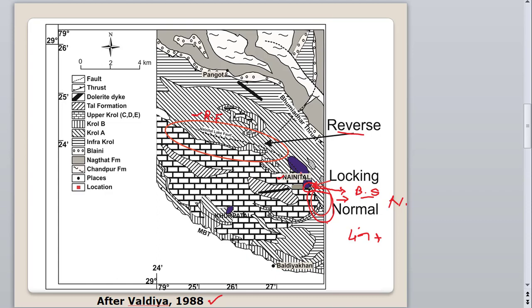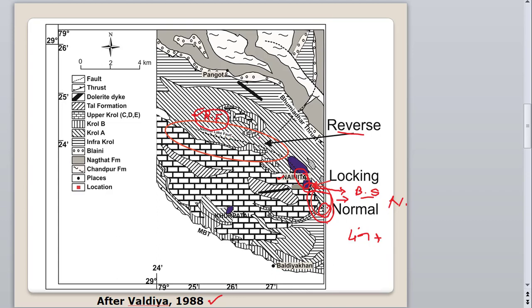Because this extension is very large, in kilometers, when we take a traverse from the southeast direction to the northwest direction, we'll get the normal slip component here and the reverse slip component here. In between, the Nainital Lake fault shows some strike slip components also. Basically, I'm talking about this because rotational faults show a mixture of different types of fault: normal, strike slip, as well as reverse slip data.